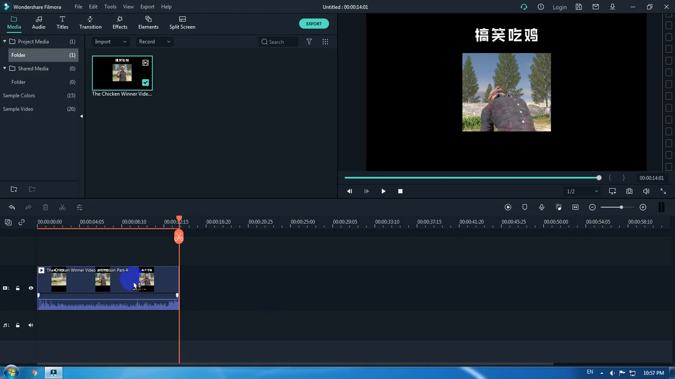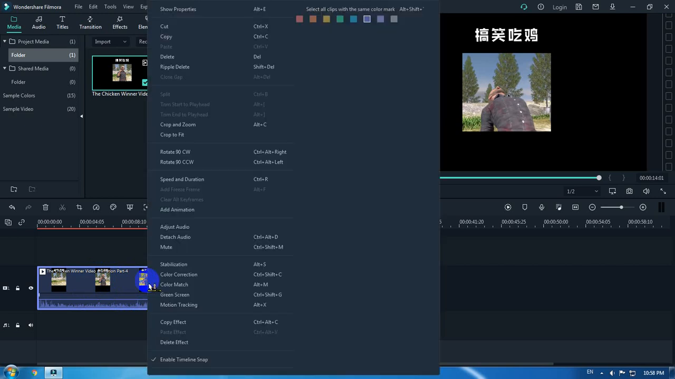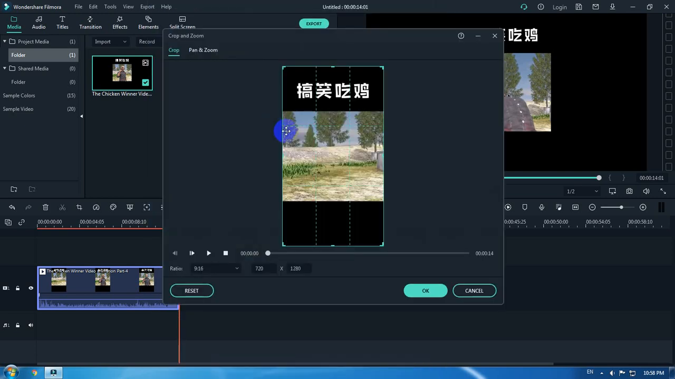Okay, after that you're going to right click on the video track, not the audio track. There are two tracks you can choose from: one is the video track and the other is the audio track. So make sure that you choose the video track. Right click on that and then select crop and zoom here, or you can even use Alt plus C as the shortcut. So click on that,